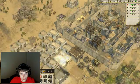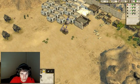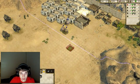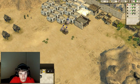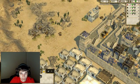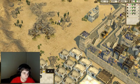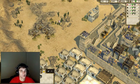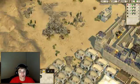It doesn't work anymore because you can't build outside your little area. As you can see, when I build something, there are certain areas that I can build in and not build in. Right now I don't even have enough wood, but the point of the matter is I can't build. I don't think I can build these oxen in front of enemy territory anymore like we used to in the old Stronghold Crusader, which was really, really fun. But they kind of took that away, making it harder,